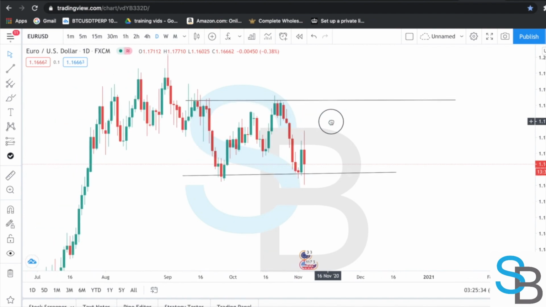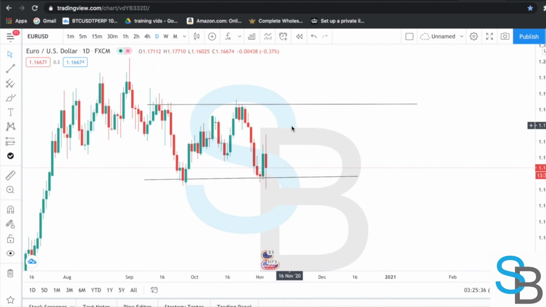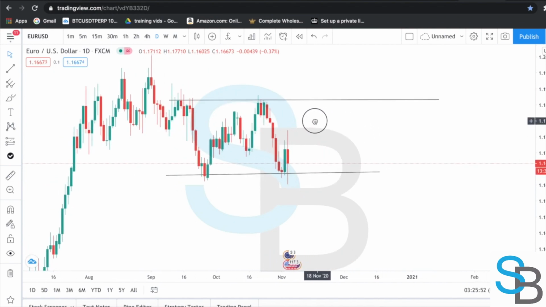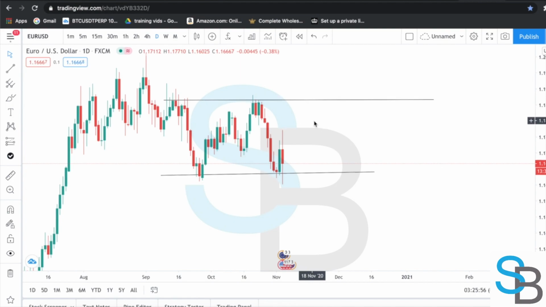You can draw support and resistance zone on any time frame. This is the daily chart. You can draw it on any time frame which you want. For the best results, I prefer to use the hourly and the daily charts and the weekly. So this was the support and resistance. It's pretty simple, guys. Practice as much as you can and you will be able to identify support and resistance